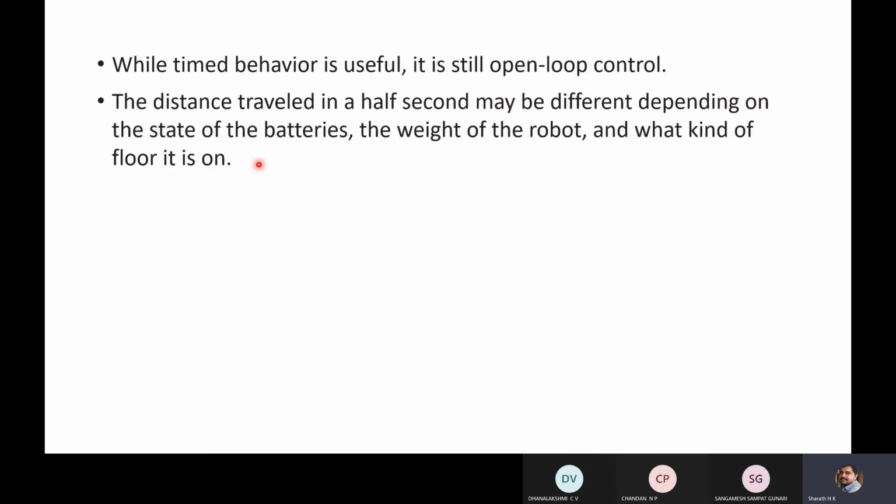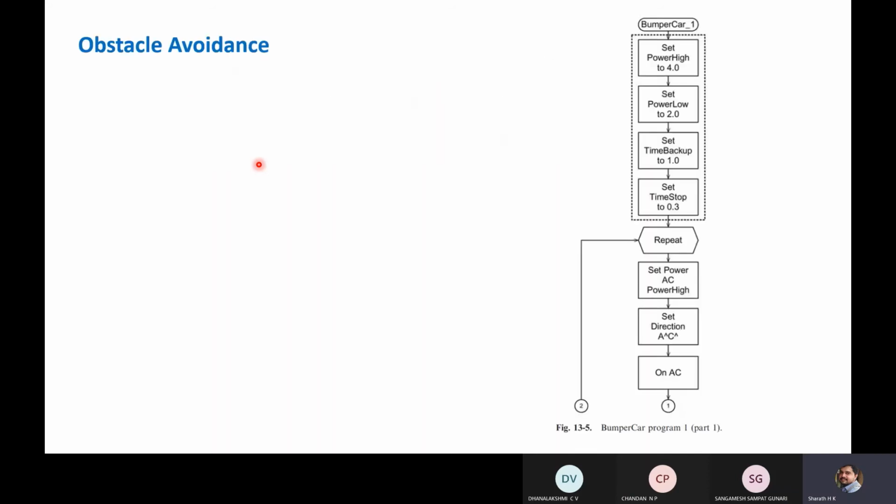So it is better to take feedback if you want to drive the robot for a desired distance. You have to take feedback, which you can achieve by using sensors. In case of obstacle avoidance, we make use of feedback.